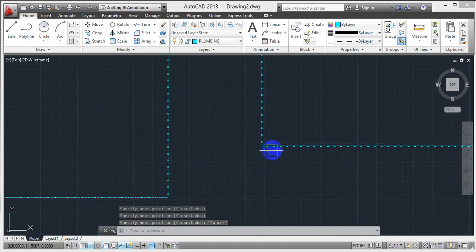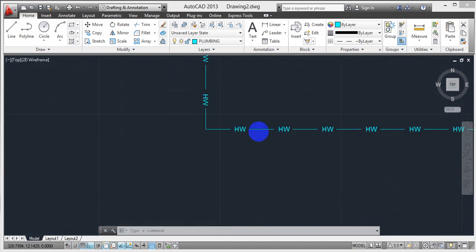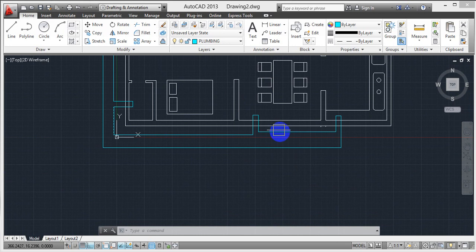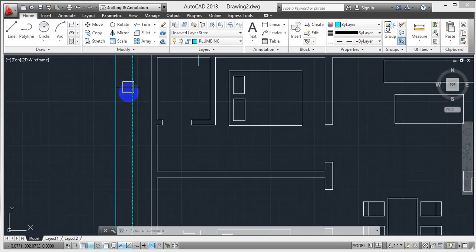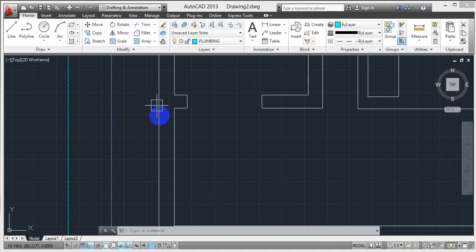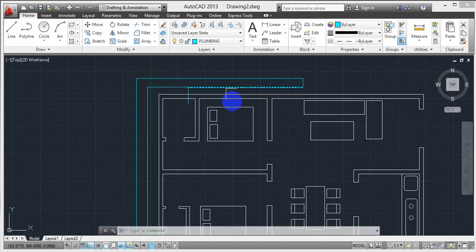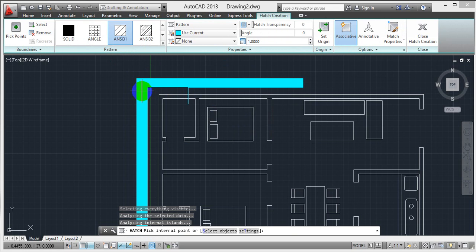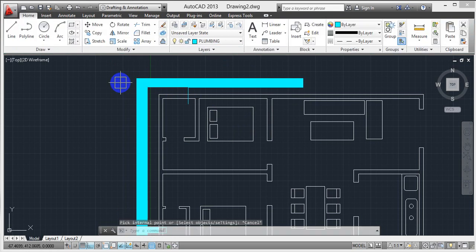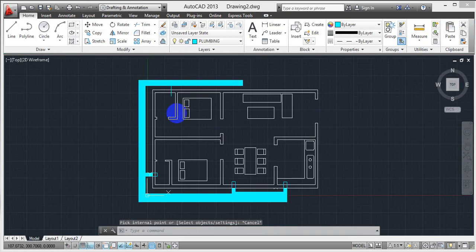Now see what is this, the hot water supply we did. We did a hot water supply area. Actually these things we have to make near the wall only. For easy clarification I have done this. For more clarification I am making hatch. So hatching I am selecting this one. Enter. These are the water supply lines you did before.